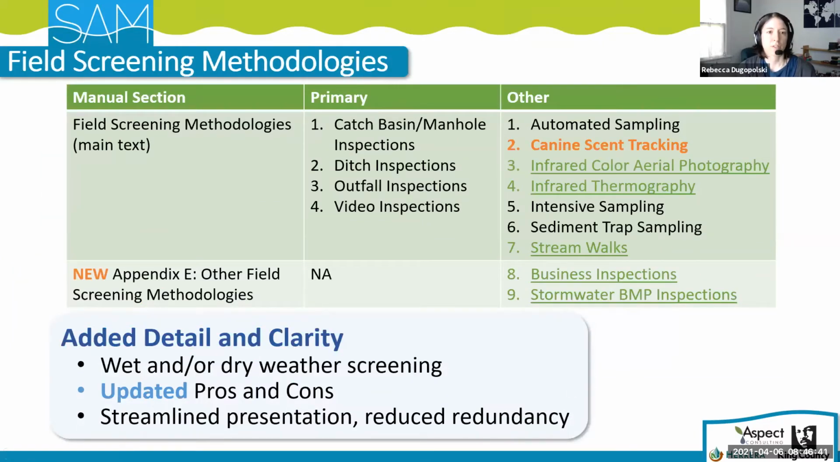This is a summary of the field screening methodology section. So as I mentioned, we're streamlined to the 4 field screening methodologies listed in primary. We've got catch basin manhole inspections, ditch inspections, outfall inspections, and video inspections as our 4 key field screening methodologies. And under other here, you can see the new methodology in orange is canine scent tracking, and